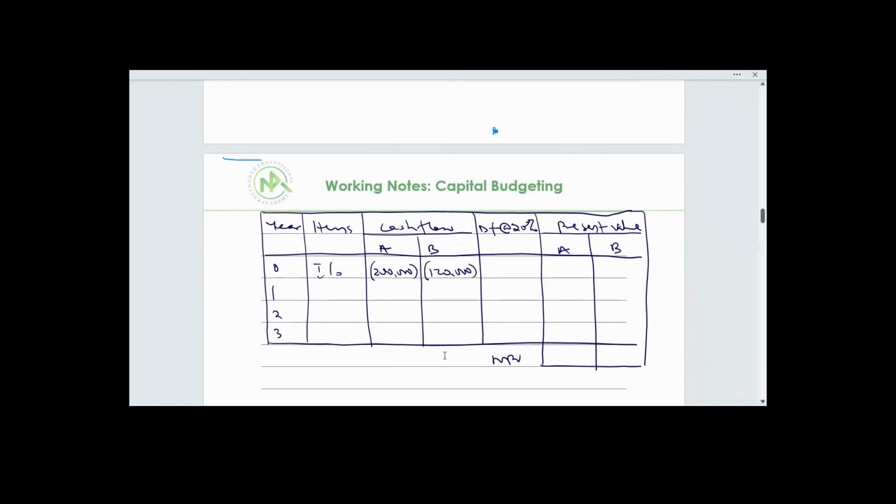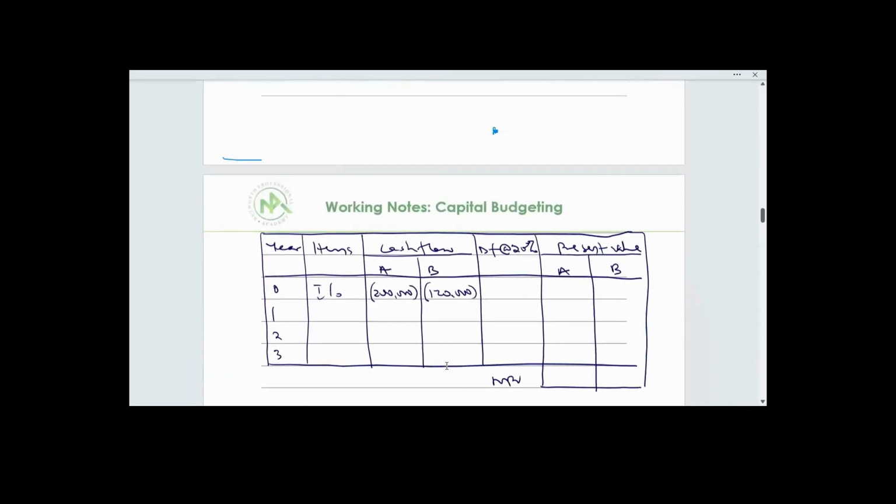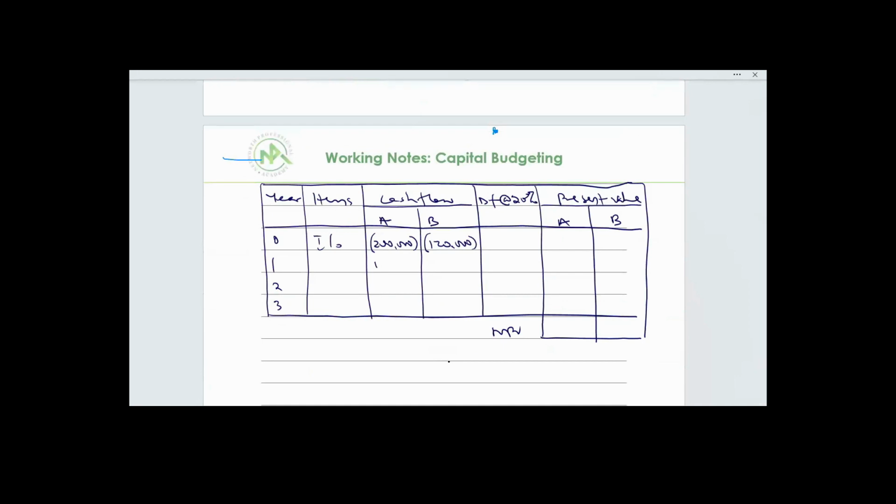Cash flows: 120,000, 60,000, and 80,000. Cash flow plus fair value: 72,000, 32,000, then